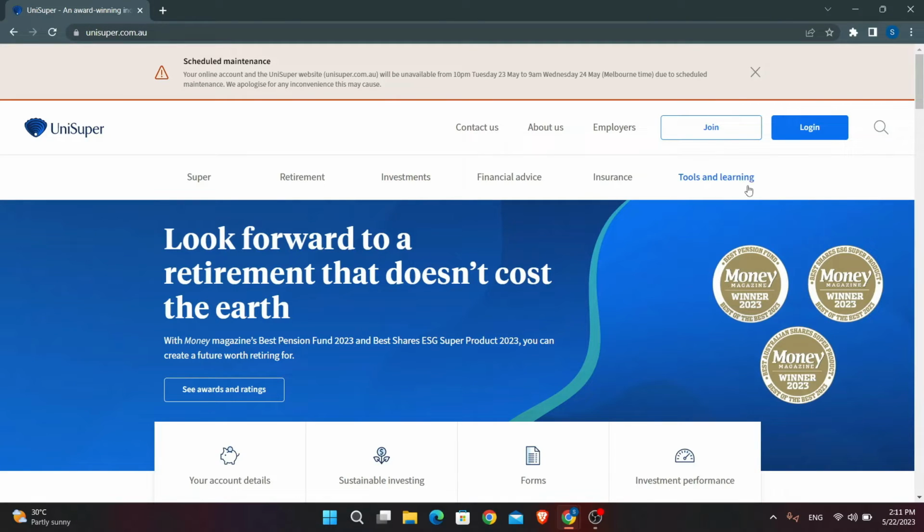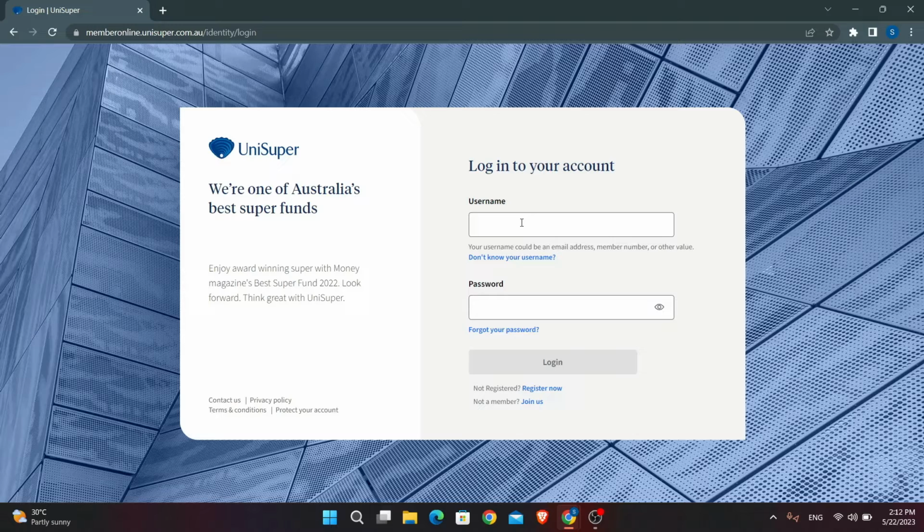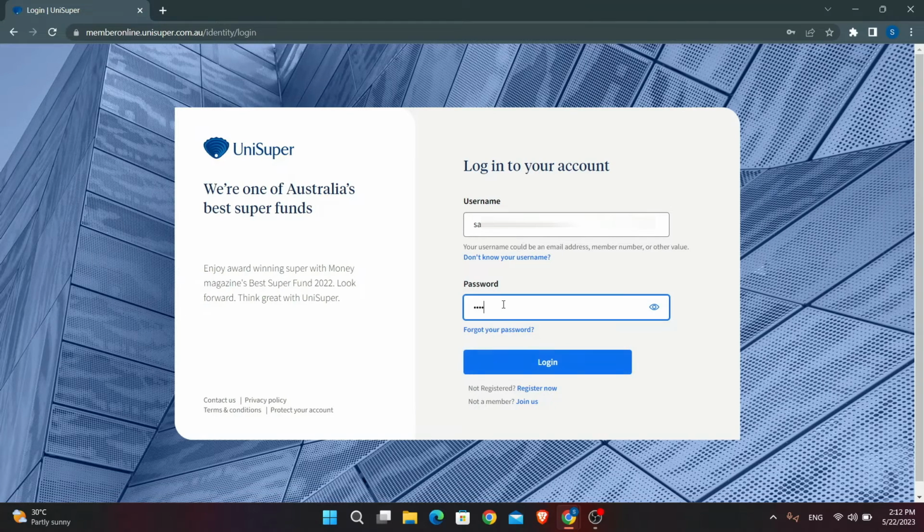Now in order to log into your account, just click on the login button at the top right corner. This will now take you into the login page. Just go ahead and enter your username followed by your password. Once you enter your username and password, you can click on the login button and you will be logged in